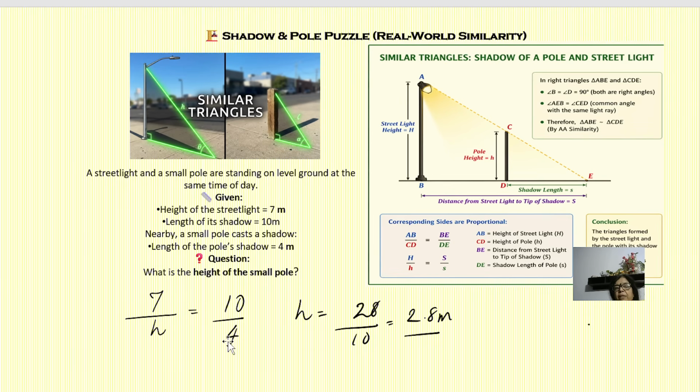Supposing you are given some other values which are missing instead of the height of the pole, that can also be found out in this manner by putting the other values and finding the unknown value that is required to be found out. Moving on to the next question, we have here,